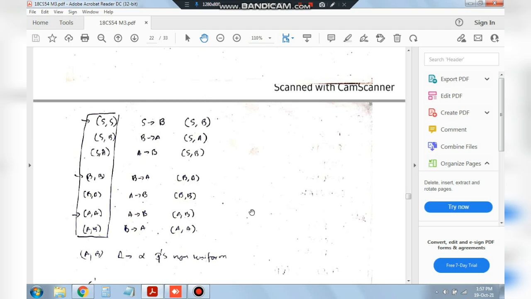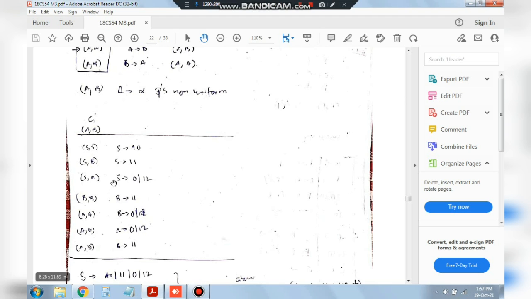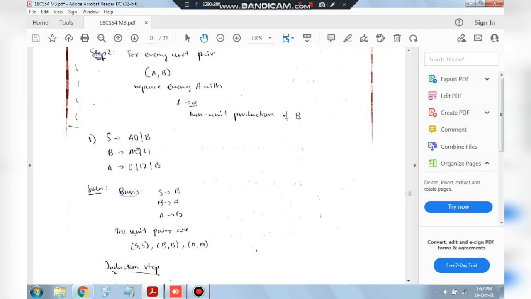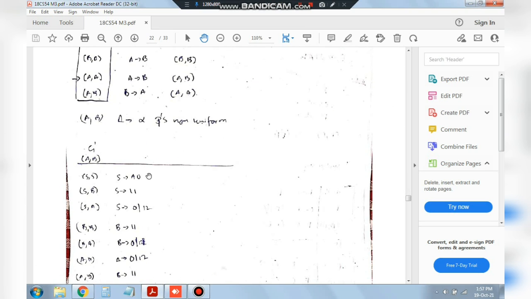After we have written all of these combinations, we'll be noting them down here and substituting the values. For example, S goes to S. Now what is the value of S? The value of S is A0, so I'll be writing A0 there. We have to consider only those things which have the numbers written, not the single unit. Except the single unit, whatever is written, that we will be considering. S goes to A0, we'll be writing here.